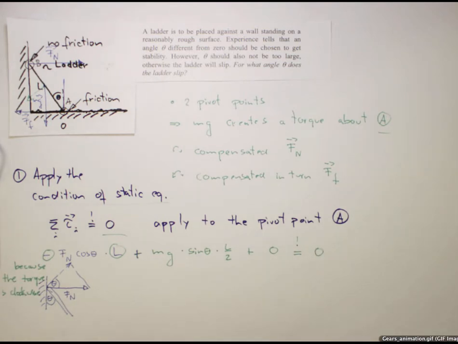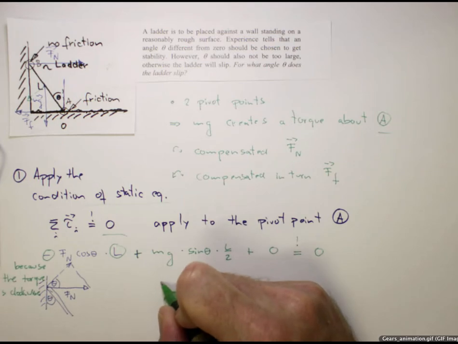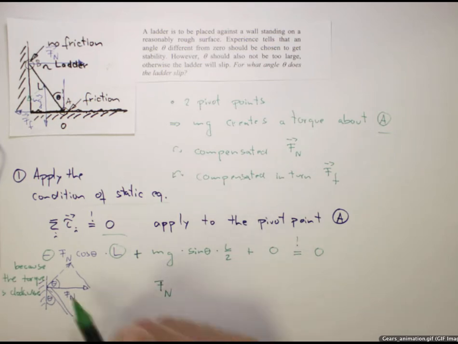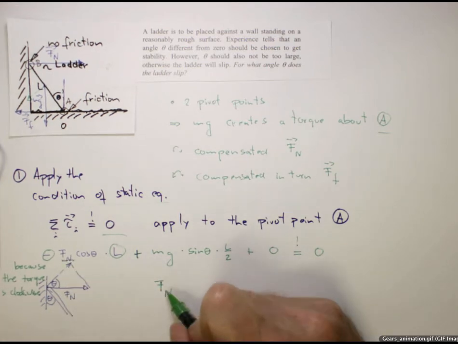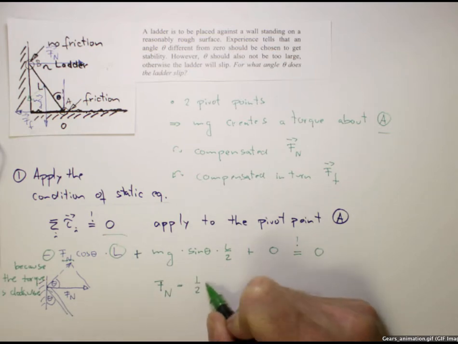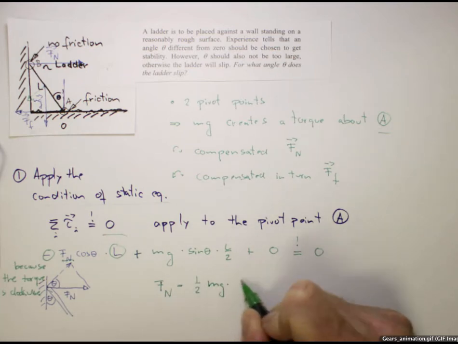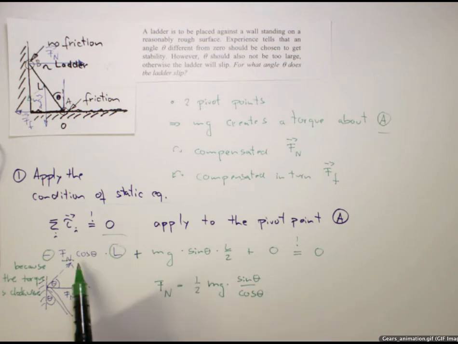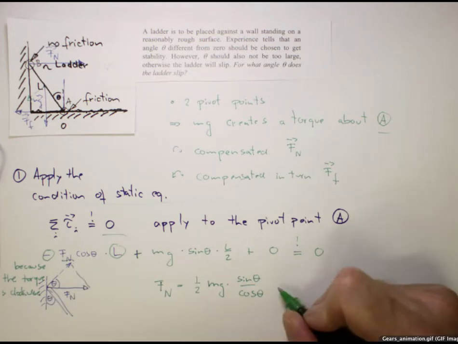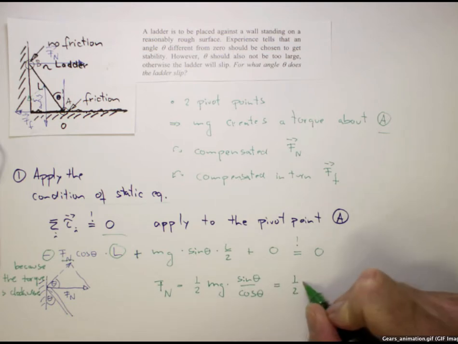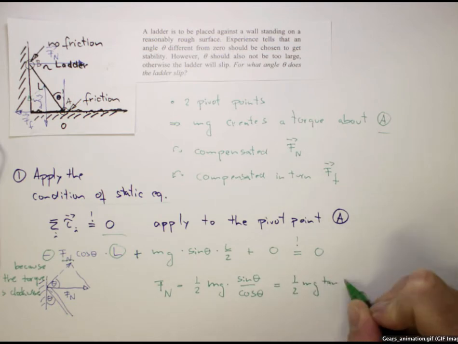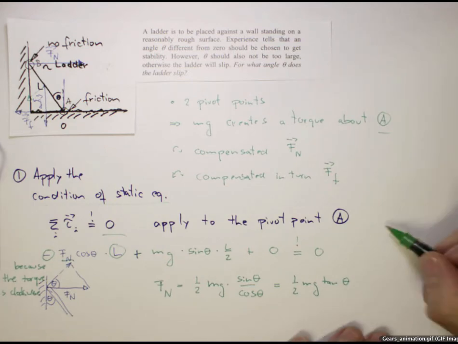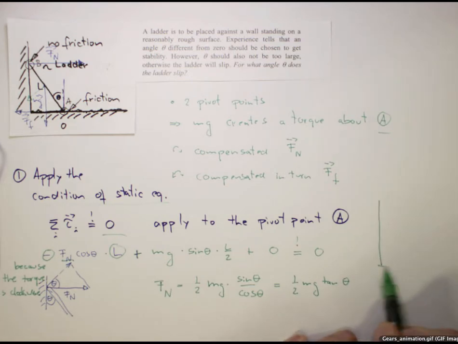Rearranging this gives us Fn, this normal force, we can isolate this normal force, is equal to 1/2 mg times sine theta divided by cosine theta. The sine theta comes from here, cosine theta comes from there. We've simply rearranged that equation. This can also be written as 1/2 mg tangent of theta, and if we draw the geometry once more,